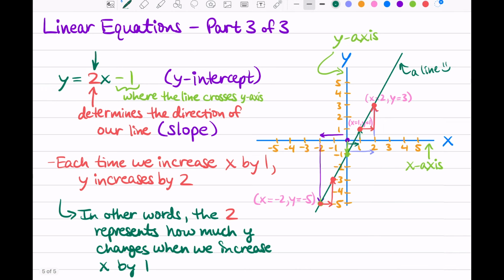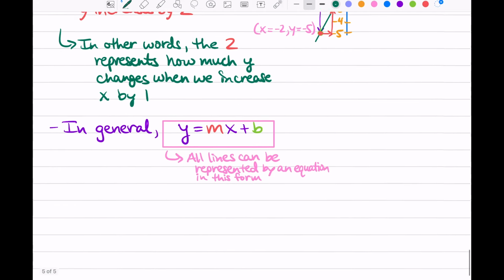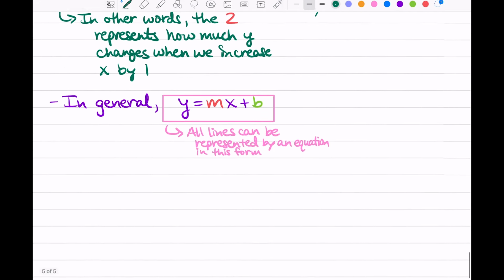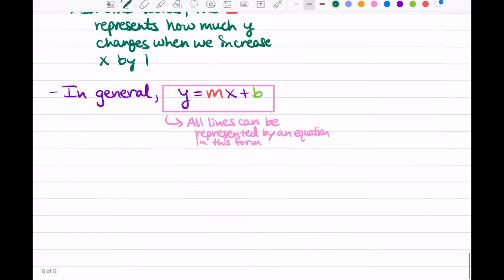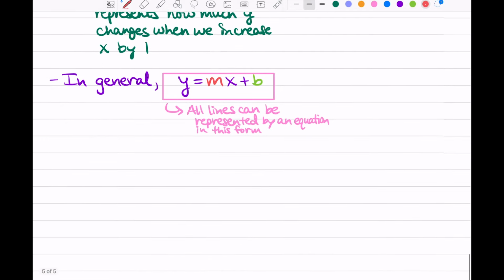So we increase x by 1, y goes up by 2. So that's good. That's how we're going to define our slope. Remember, our slope in general terms is going to be this m. So let's give it a nice little definition. We'll say that our slope, m, equals how much y changes